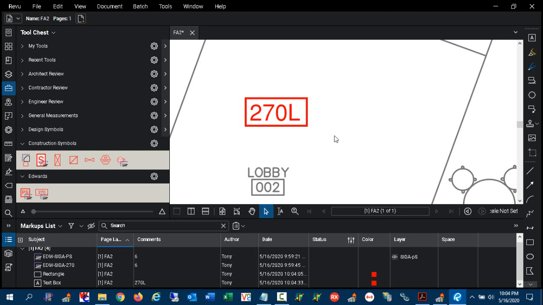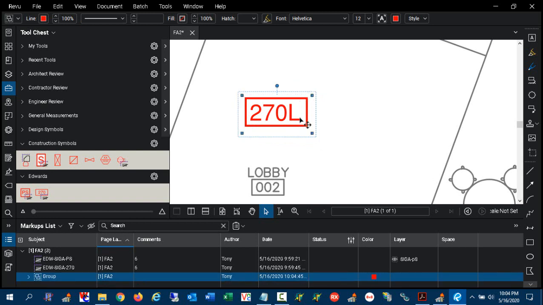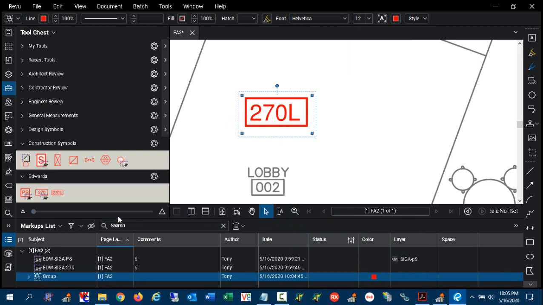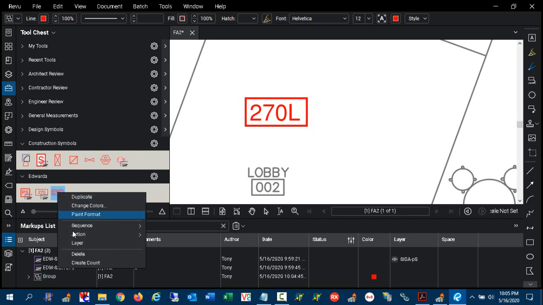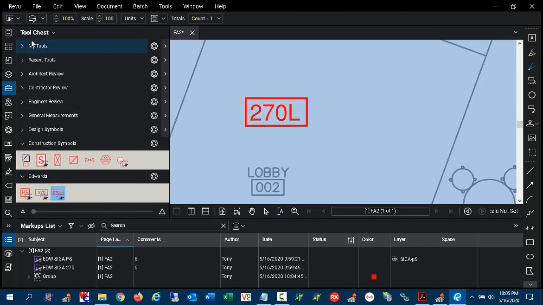I do a V, I select the area, Control G, and that's now a group, right click, add to tool chest, and I say Edwards, and it just added to Edwards. And then what I do is I do right click on the device and make it a count device, and I can get rid of this guy. And then what I do is I come up here and I give it a name,